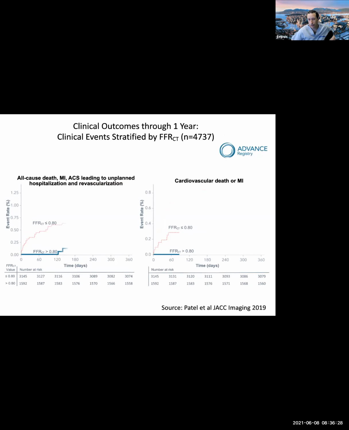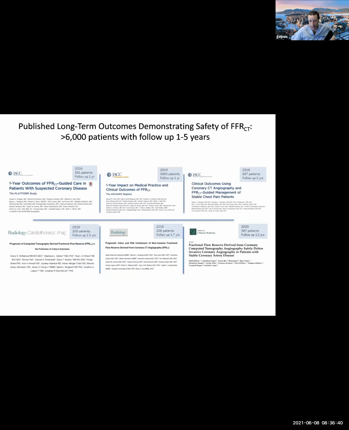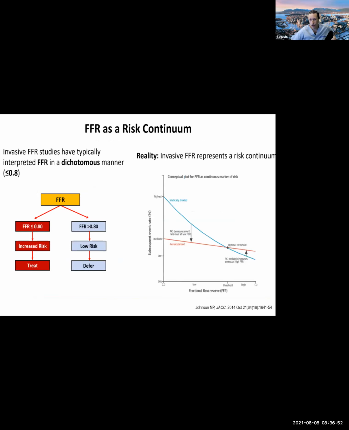And then finally, as it relates to heart events, as we've seen in the invasive world, very low cardiovascular mortality and MI rate in the setting of a negative FFRCT, 3 events in 1,600 patients. Those data are being expanded now out to 5 years, over 7,000 patients in a meta-analysis led by Bjarne Norgard, which is, I believe, under revision in Heart. Finally, I wanted to highlight before we pivot to planning intervention, which should only take me 10 minutes, I hope,